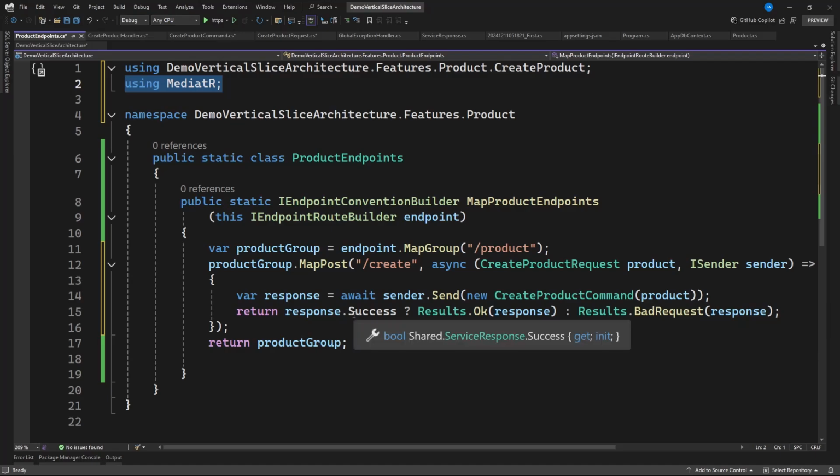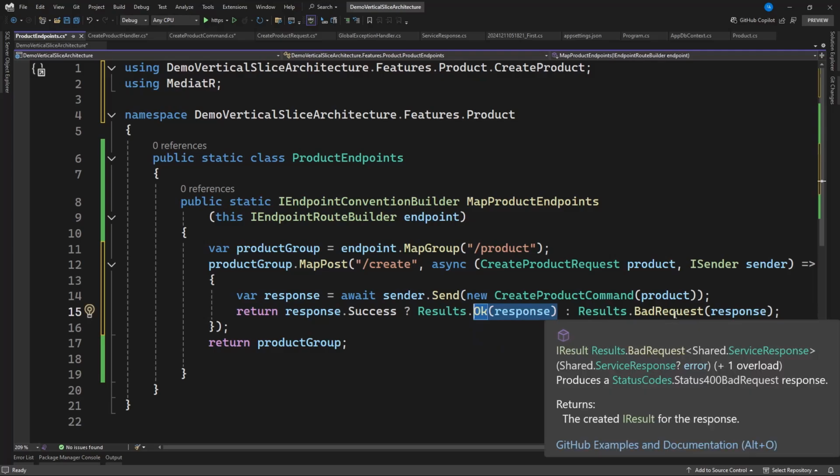Then we check if it's success. We want to return an OK response. In case it isn't, then we should return a bad request. You can decide to also return a problem, which also returns an IResult. But with this resource type, we must specify all that we did in a global exception handler: the title, the